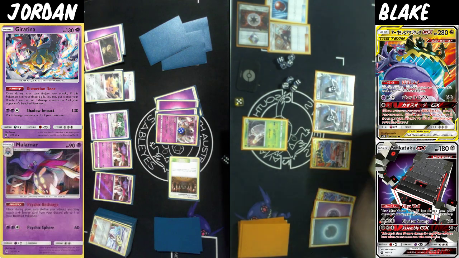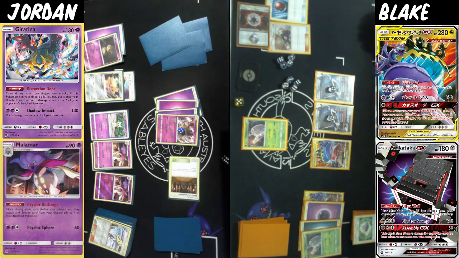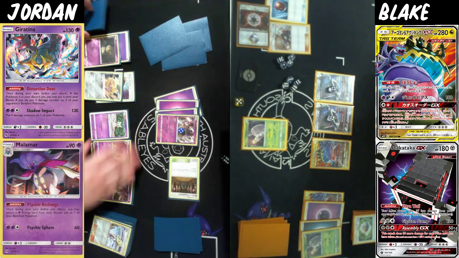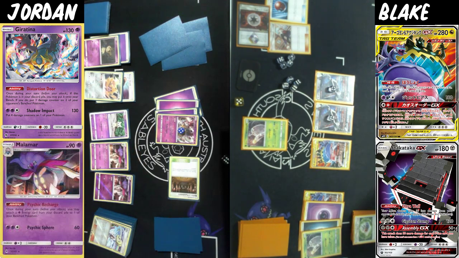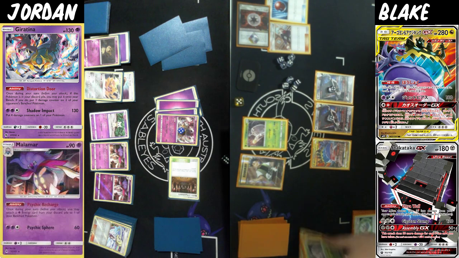I think this is going to be a really tight finish. I've actually drawn quite a bit of basic energy, so what I need to do is play Brock's Grip first to shuffle in, I see,